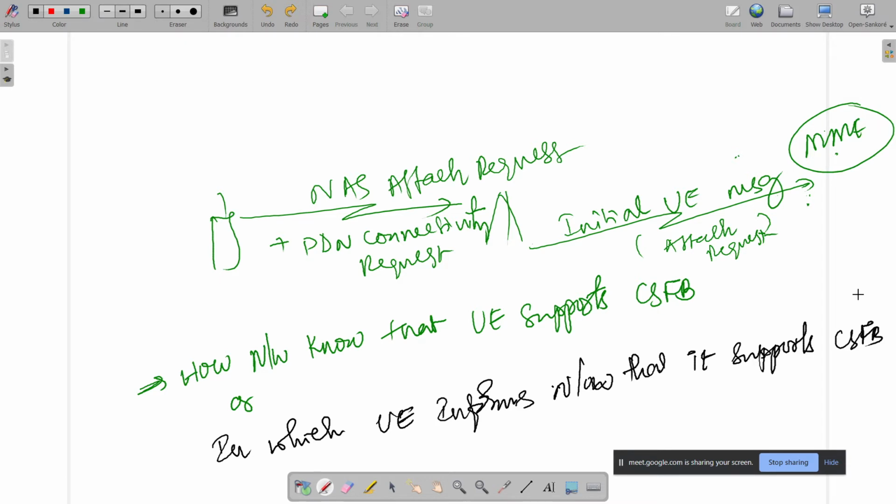Both the messages you can see. For these two questions, the answer is attach request.